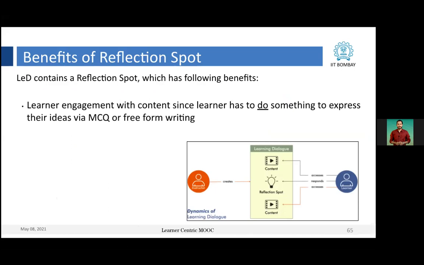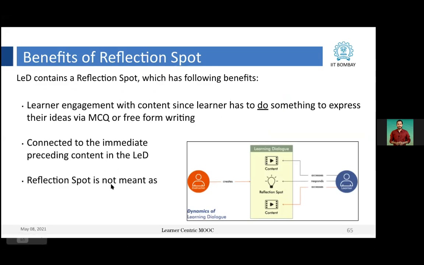We have already discussed the benefits of the reflection spot, but this point I want to make. So, the last point I wanted to highlight here: the reflection spot is not meant as an assessment. So don't consider this as an assessment. This is just a reflection spot where you want to engage the learner, break the monotony, and they should understand the content in a better way.